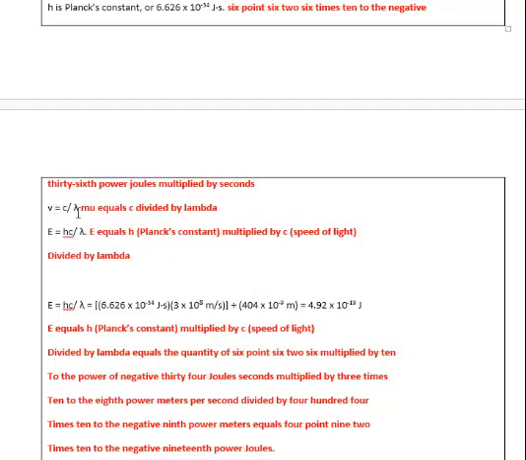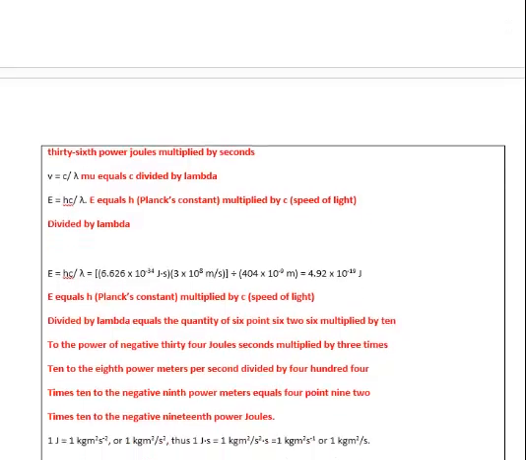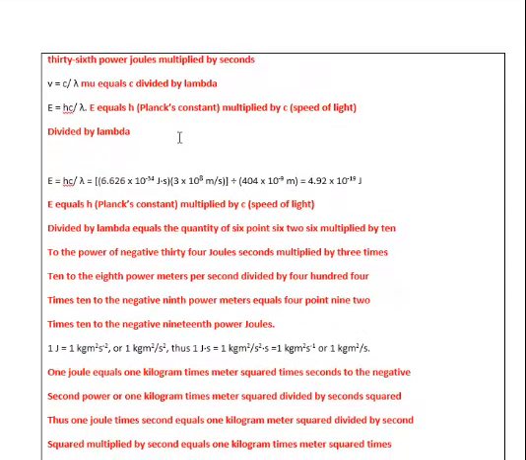Okay, mu equals c divided by lambda, and again we have the slash here, that means division. E equals h, Planck's constant, multiplied by c, speed of light, divided by lambda. And again, because these two are right next to one another, it means they're being multiplied. E equals h, Planck's constant, multiplied by c, the speed of light, divided by lambda, equals the quantity of